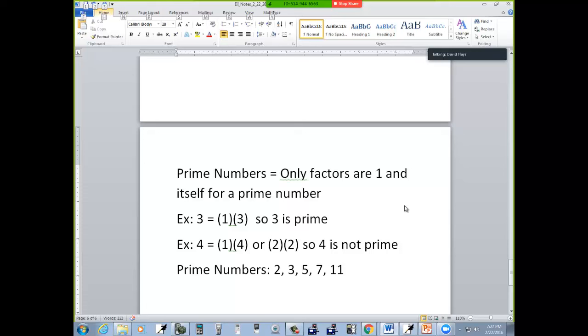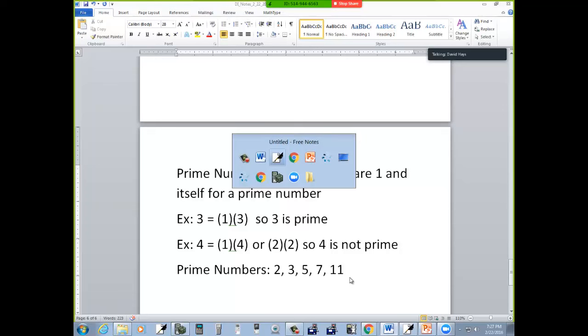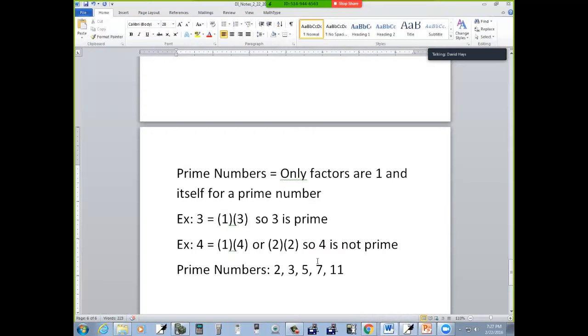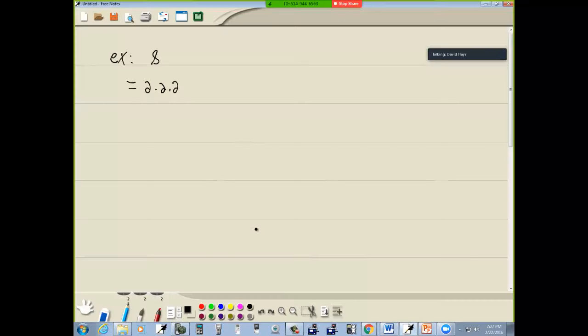Now, to find a prime factorization, I'm going to show you by example. Prime factorization means, like, if I have 8, I'm going to rewrite that as 2 times 2 times 2. Everything's a product, and they're all primes. They're all the numbers in our list we have here. Well, if you can see them, fantastic. If you can't see it,